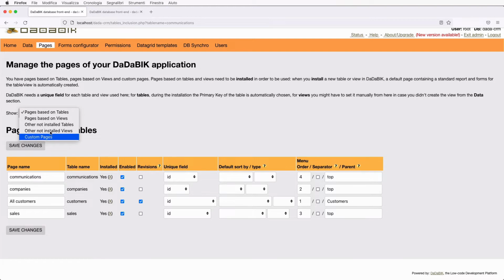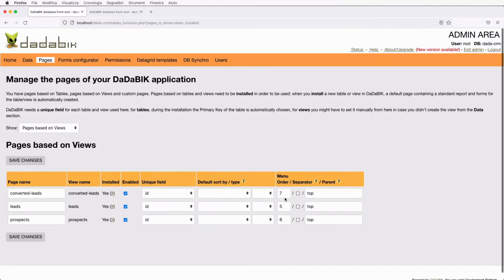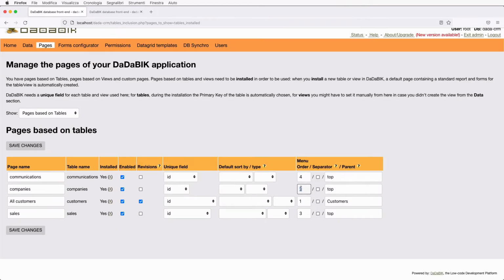These are views 2, 3, and 4, and the parent will be customers. Okay, so 2, 3, 4, this will become 5, 6, and 7.